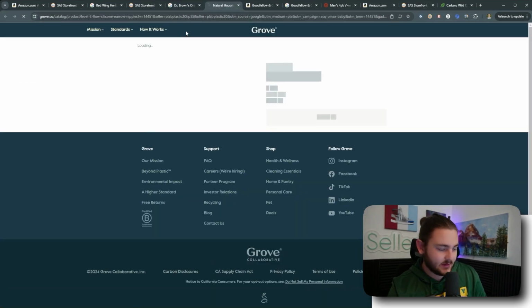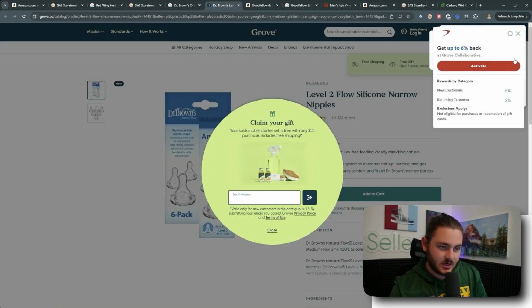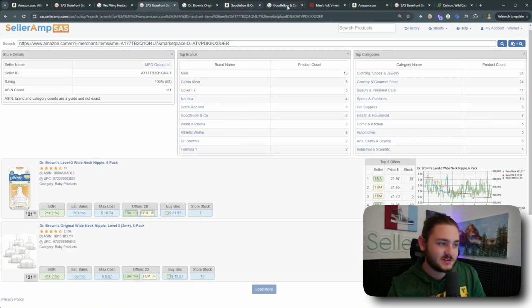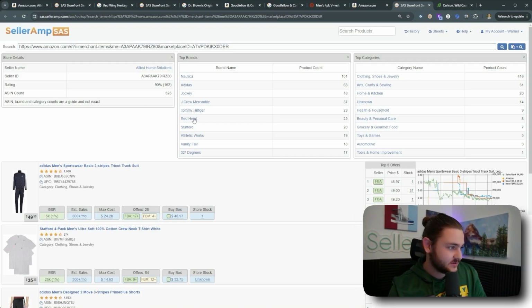So yeah, if any of these sites have a coupon code we could activate, we might be able to make some money. Usually I'll use the Capital One Shopping Chrome extension. I'm not seeing too much there. I'm getting sidetracked too. I'm having too much fun sourcing. Gotta stick to some of these auto ungate brands here. So let's see, what other brands do these sellers carry? So this guy